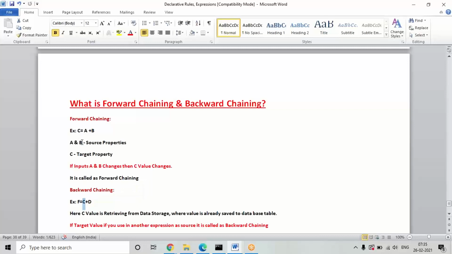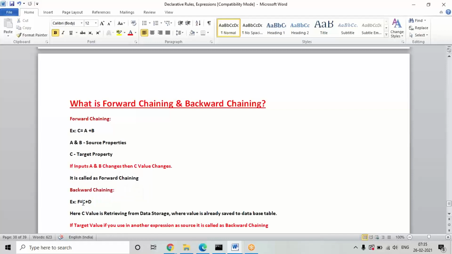Based on some expression it is calculating this value. So if any source value is taken from some expression, then it is backward chaining. If input is given directly or selected based on the source properties, that is forward chaining. And if you are using the target property value in some other expression as a source, then it is backward chaining. At least one property used as a target value in some expression comes under backward chaining.